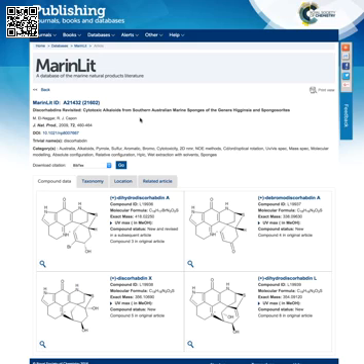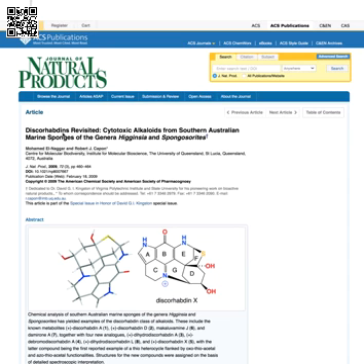This is a typical example in which we have the Marinlit ID 21432. There's the title of the paper which is described in this record, the authors, the bibliographic information. It's got the DOI of that paper, so that if you want to look at an abstract of